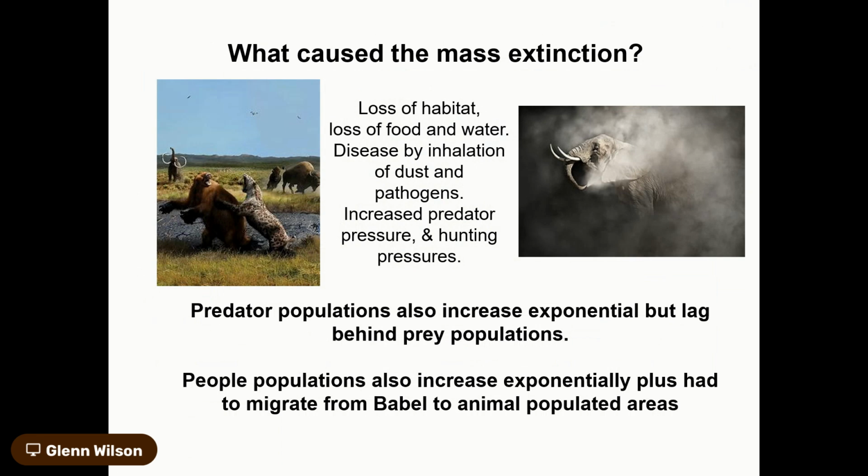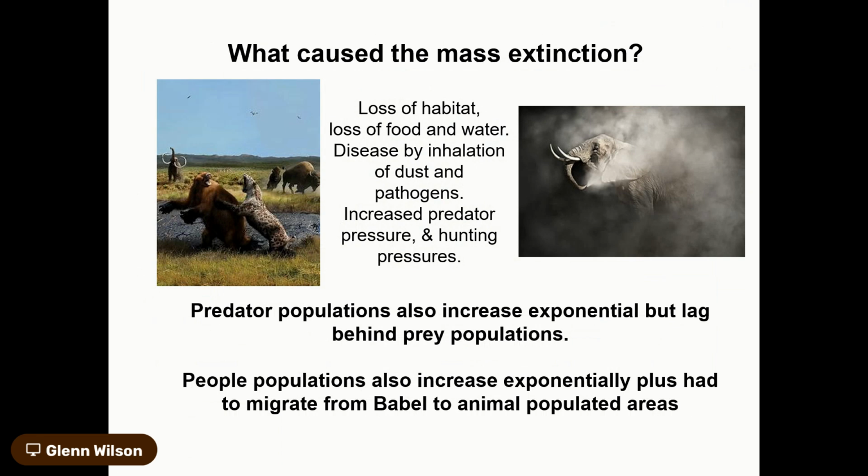So you're going to have a loss of food, loss of water. You've got all of this dust in the air, which is going to increase diseases with pathogens. And you're also still going to have the predator pressure. But you also have to remember that about 100 years after the flood you had the Tower of Babel. So now you've got the dispersion